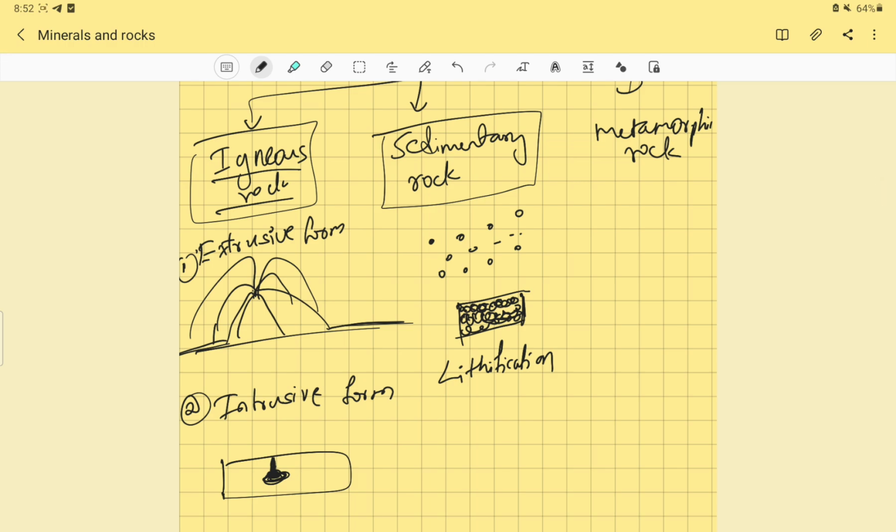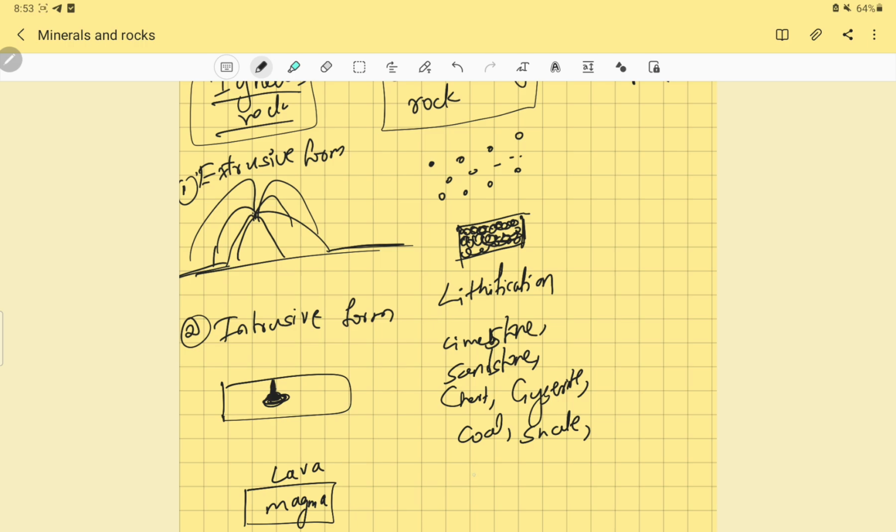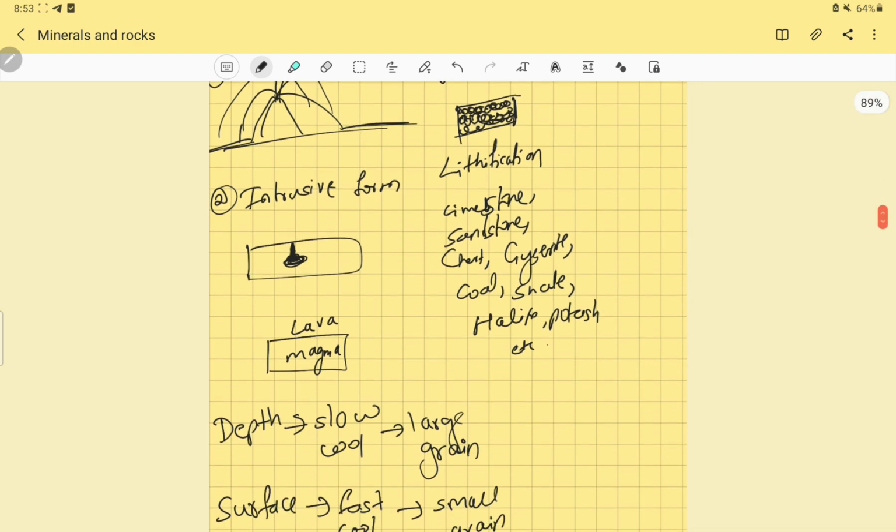Some of the examples of sedimentary rocks are tillite, conglomerate, limestone. I'll write it here. Limestone, sandstone, chert, gizrite, coal, shale, halite, potash, etc. And one more thing you have to know in the sedimentary rocks is, sedimentary rocks can be formed